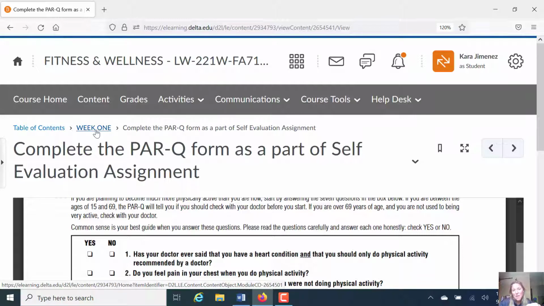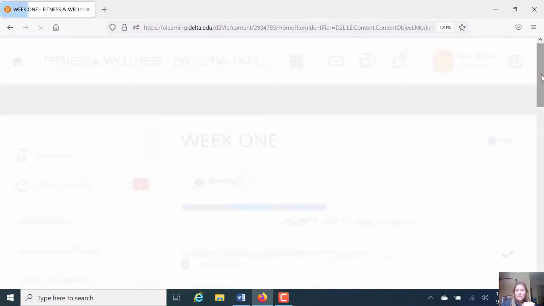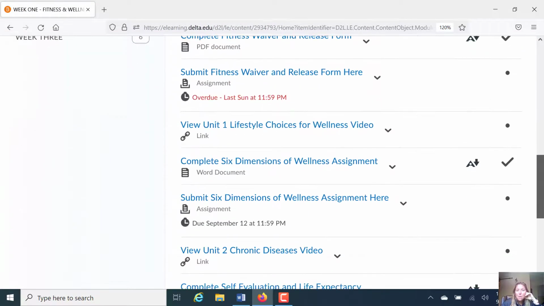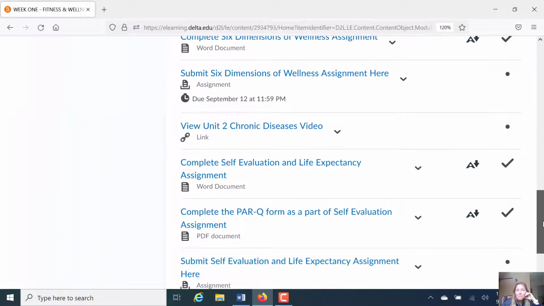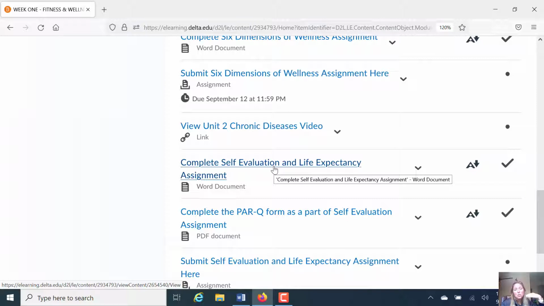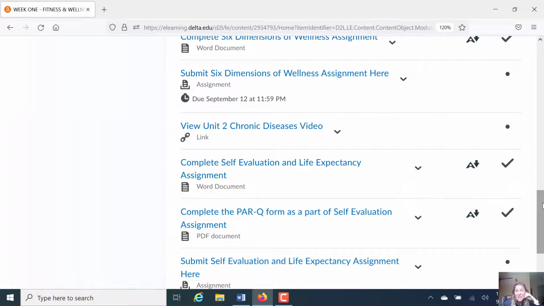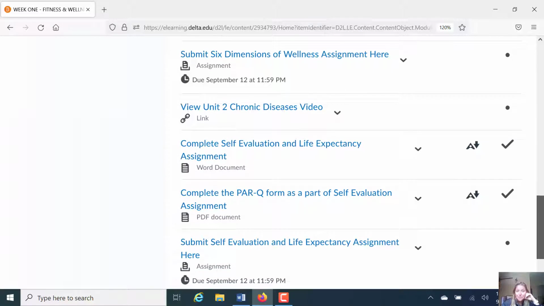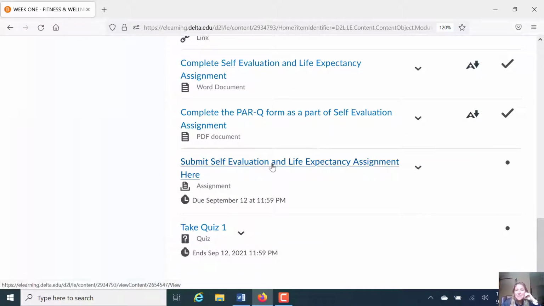So in order to answer that question number 2 on the assignment, you need to go to that PAR-Q questionnaire and answer the questions on the PAR-Q form. Okay, the remaining part of that self-evaluation assignment is basically you watching those videos that I just told you about with heart bypass surgery and cancer, and answering some questions. Okay, so it's as simple as that. So you're going to submit your answers to that assignment right here in this assignment folder.